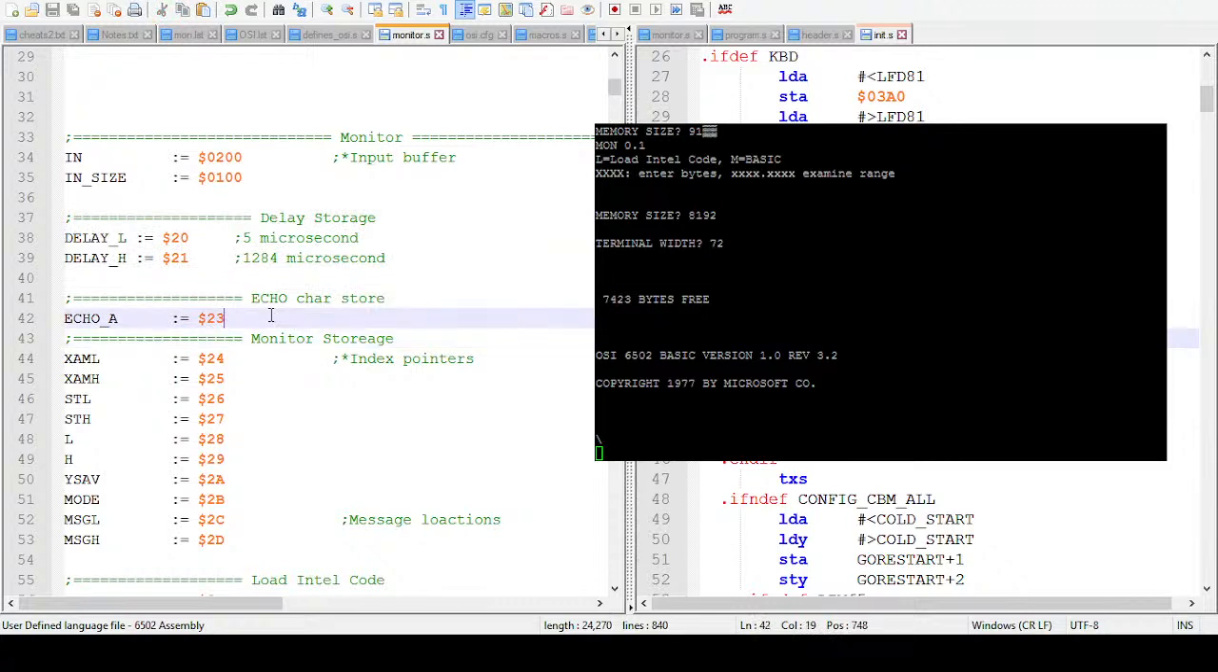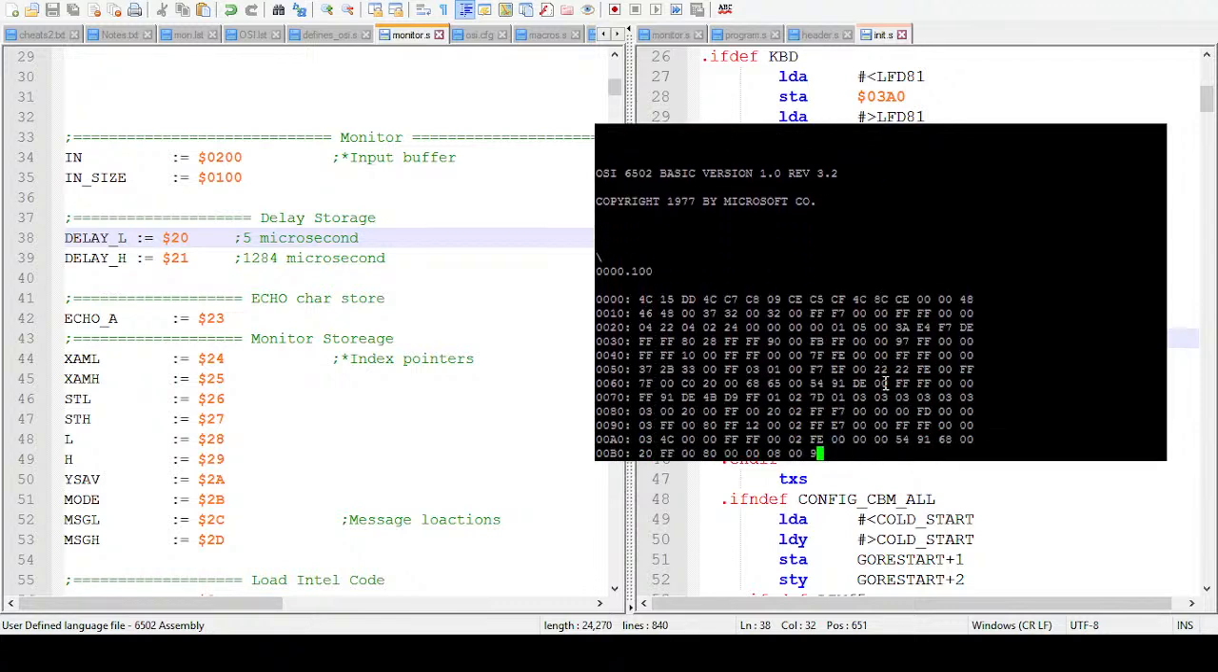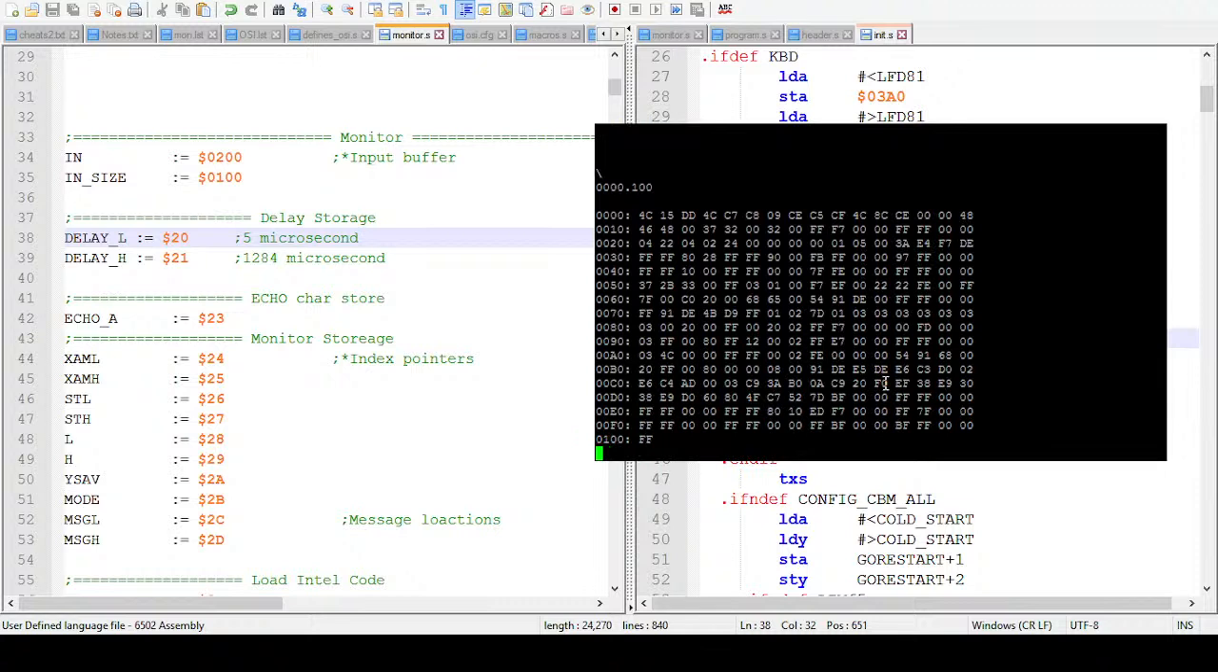So, I don't think I'm even using the character store. We can look in our monitor that I've still got running. Hopefully it's still running. If we go 1234.100, that's the first page. Okay, so